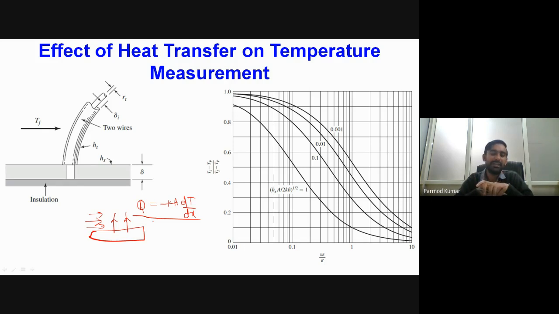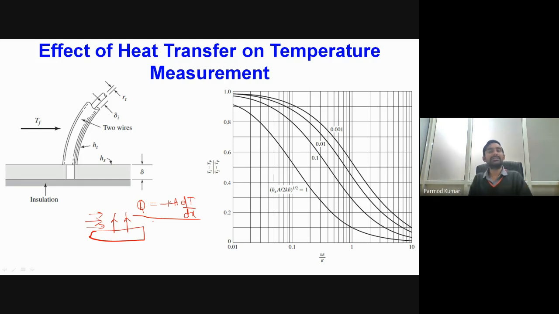Okay, so what will happen if the amount of heat transfer taking place by different means is significant? Obviously, the errors in our measurement of temperature will be significant. So while we are measuring the temperature of a certain physical situation, we have to every time consider the characteristics of the system and surroundings in order to obtain the true value of the temperature of that particular surface.